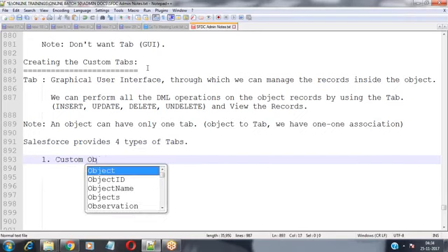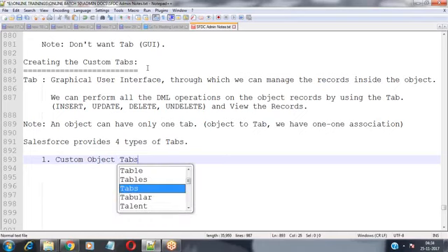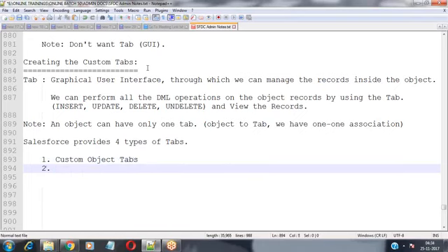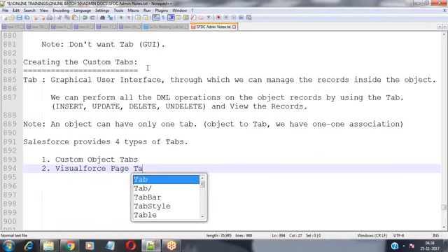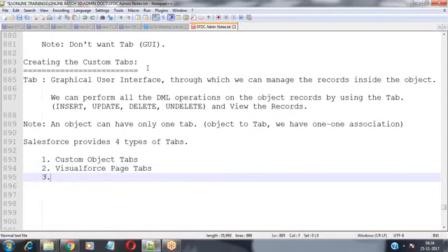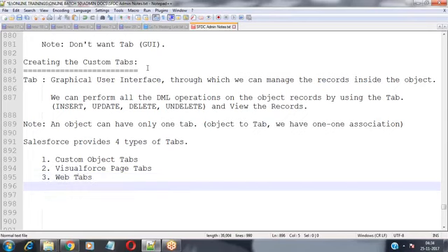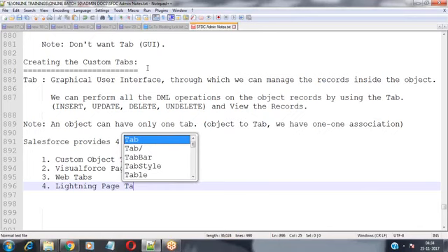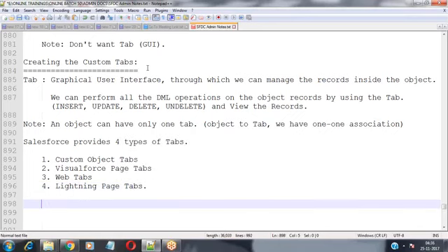First one is the custom object tabs. Second one is Visualforce page tabs. Third one is web tabs. And the fourth one is lightning page tabs. So these are the four types of tabs available in Salesforce.